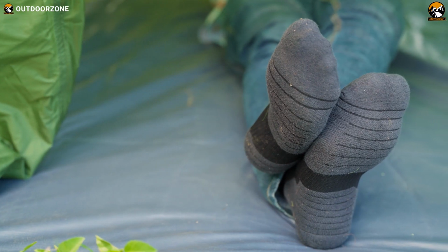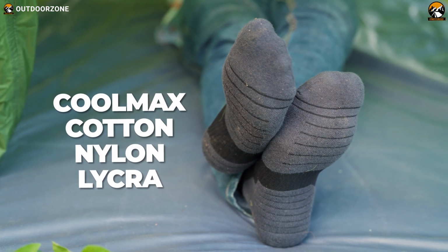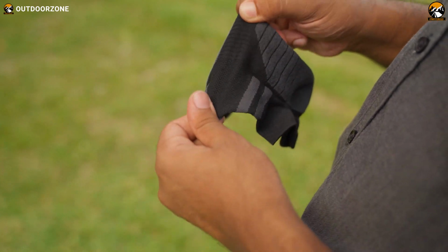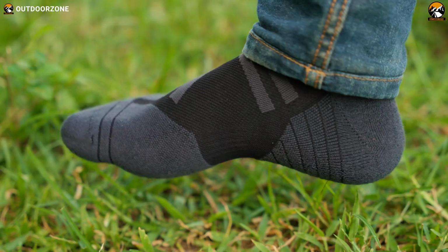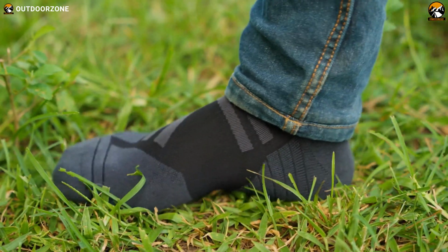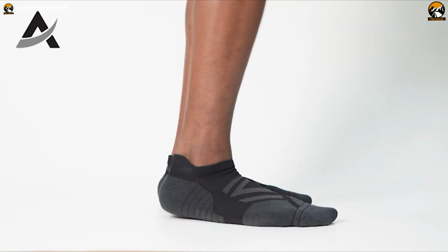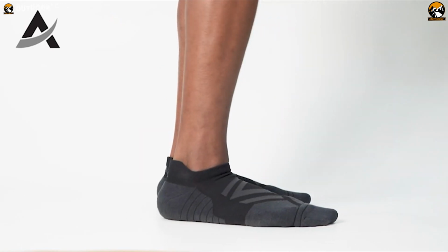And as these socks were skillfully crafted with an intelligent blend of Cool Max cotton, nylon, and lycra, these socks can offer an unmatched hiking experience with top-notch breathability, non-slip design, freedom of movement, soft feel, and overall comfort. In addition, for those rough and longer runs, this pair of socks offers exceptional cushion support for 360-degree protection of